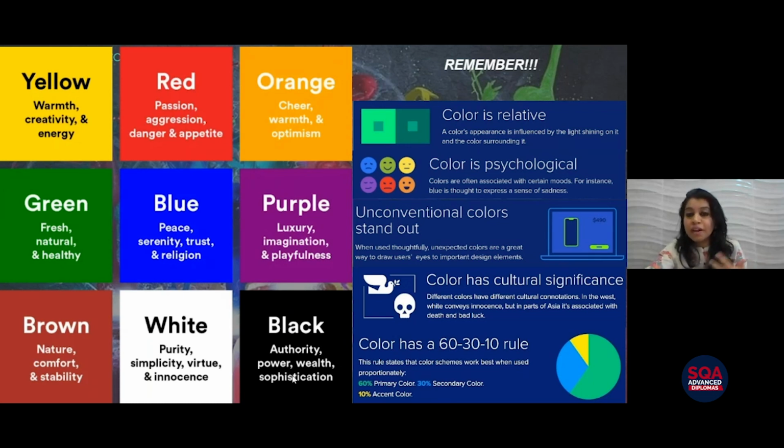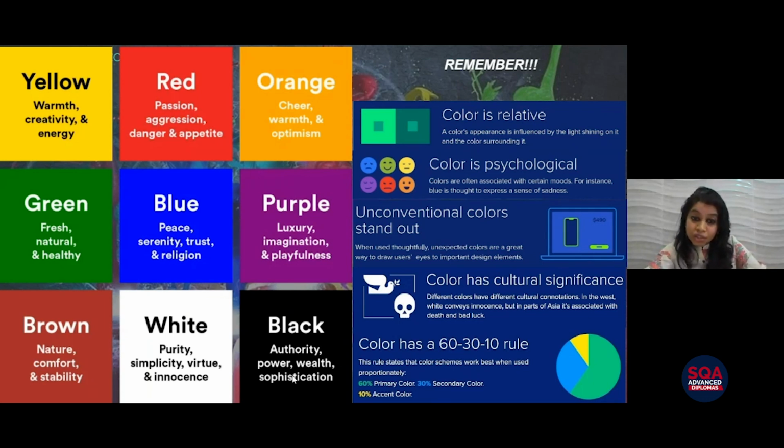For some of us, some color is a favorite color. For some of us, we don't like certain colors. But for some, we just use color for a design purpose. So color is relative. Then, for example, these neon colors, all these bright colors, if you put them along with a darker shade, the neon colors are the ones which will stand out. That is an example of an unconventional color. The neon colors are unconventional colors, so they will catch your eyes first, and that is an important aspect in design.